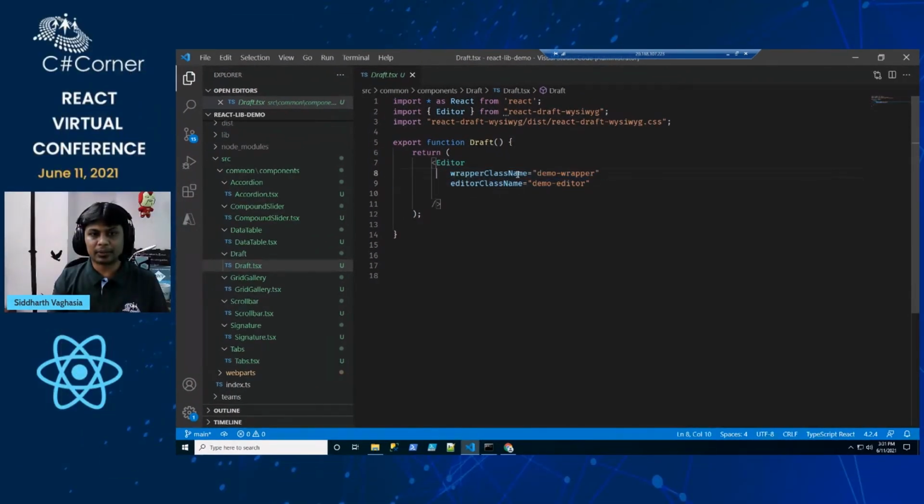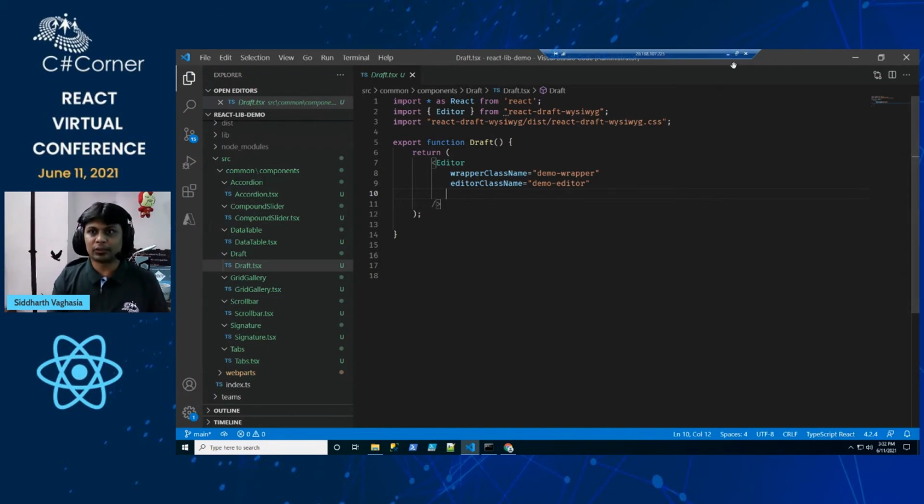Okay, now in terms of customization, how to read the HTML content and everything, if you go to the documentation, there are options like on blur, on focus, and everything, through which we would be able to get the content also, and which we can use as HTML and store somewhere in the database, right? And also there are options to pre-populate, like again the scenario wherein it's not just about adding the content, right? You might want to create an edit form where you want to preload the HTML which is already there, so you just have to give it as an input.